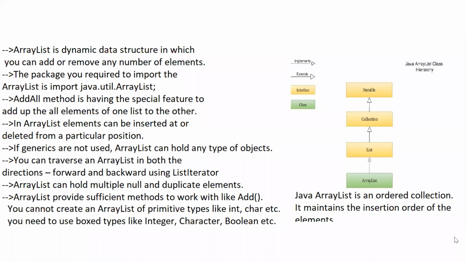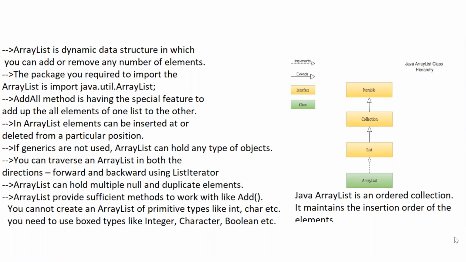Now, generally, what is the ArrayList class? The ArrayList class implements the List interface, right? It has the following features. The first feature: ArrayList is a dynamic data structure in which you can add or remove any number of elements. Apart from that, ArrayList uses a dynamic array data structure to store objects and